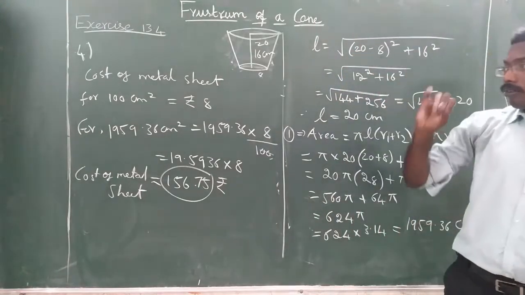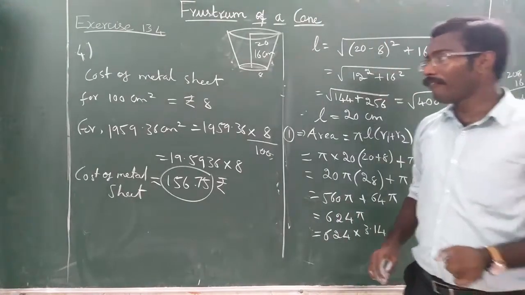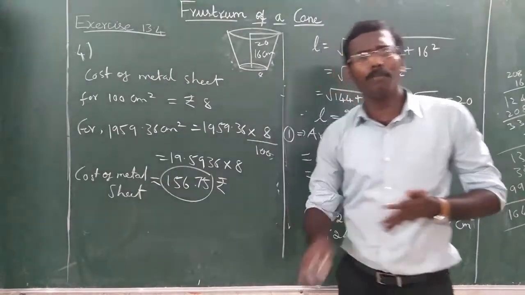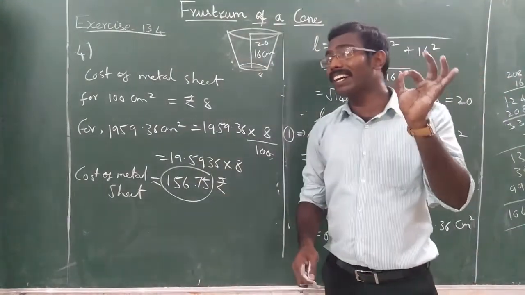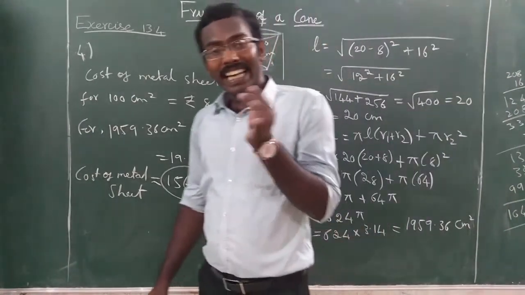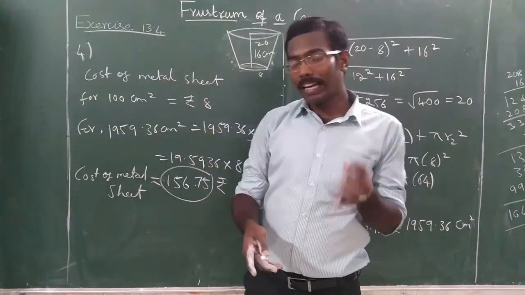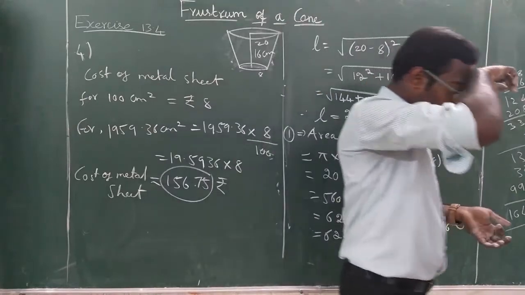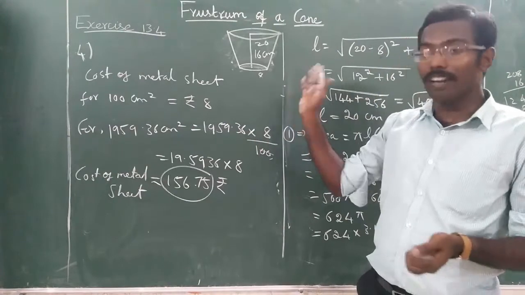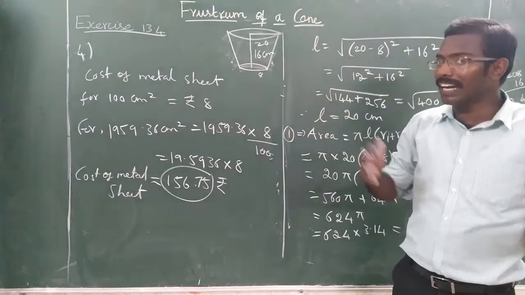Okay, so we have completed first sum, second sum and fourth sum. Third sum is your homework, and fifth sum is also a very important sum, but please listen. Fifth sum is very important, but the fifth sum is based on trigonometry. Okay, so I feel that if I teach the fifth sum after completing the trigonometry chapter, that will be good for you. You can understand it better. Therefore, we will not solve the fifth sum now. Third sum is your homework. Fifth sum we will not do now. Once we complete trigonometry chapter, after that I will teach them, so that you can understand better.